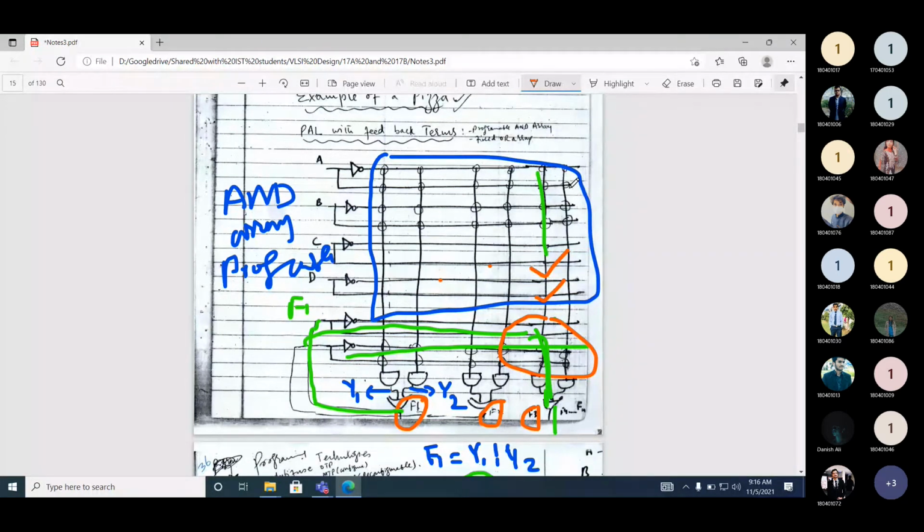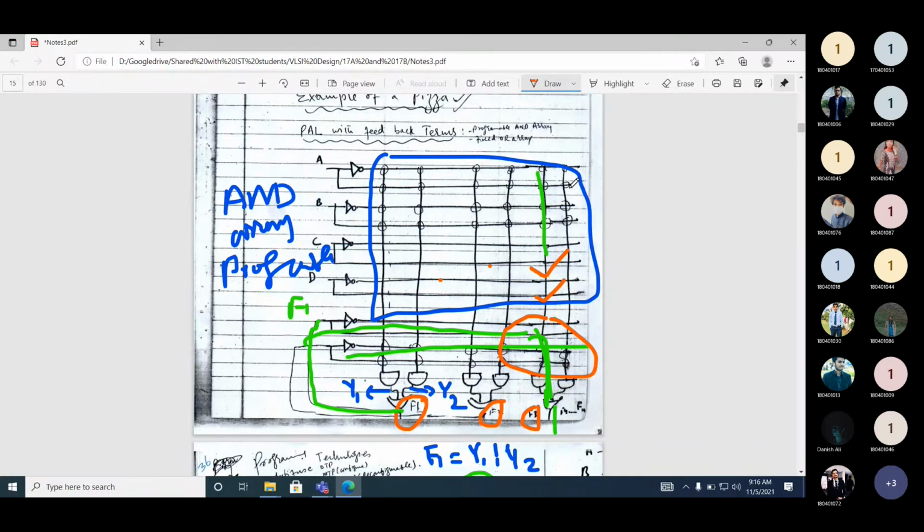So if you look at the PAL, it can implement any SOP expression with the number of minterms equal to the number of inputs to the OR gate.